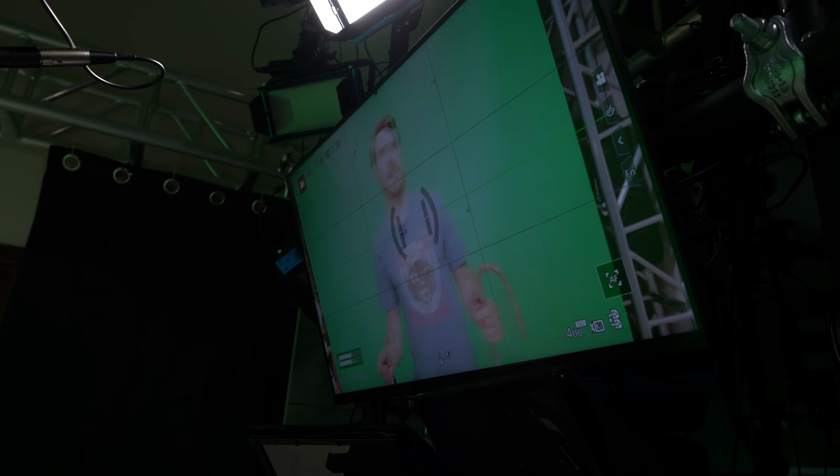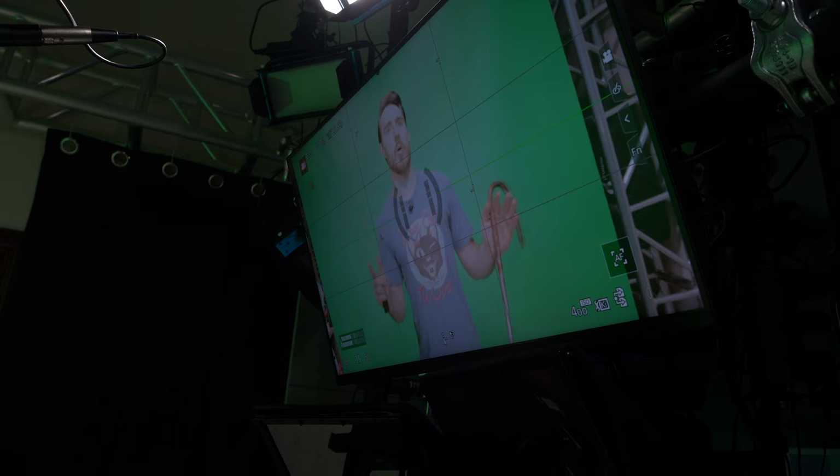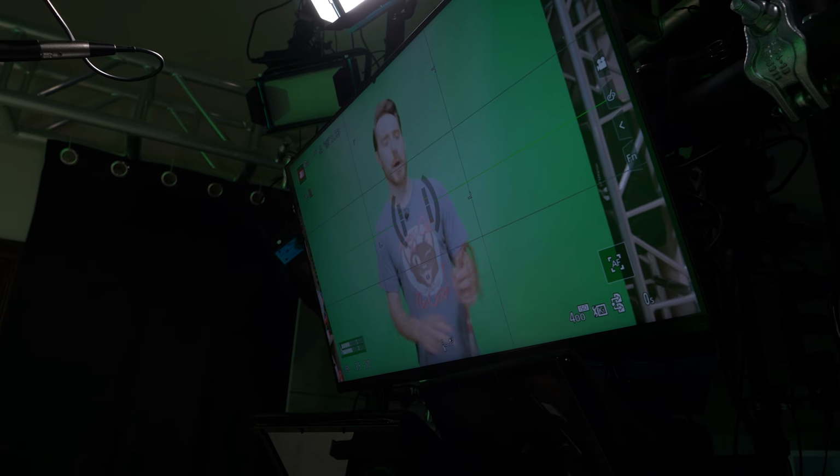I will have to watch, for instance, my hand going too far out of the green screen to this side, but that's what this monitor is for. It lets me know and see what my space is. In fact, I could even probably come over here to be more in the middle and have a little bit more range. But yeah, it is a smaller space, and that's maybe the one downside of this setup, but that's